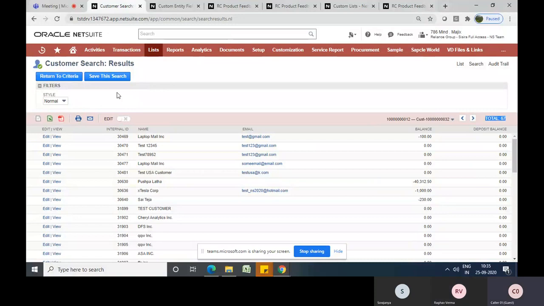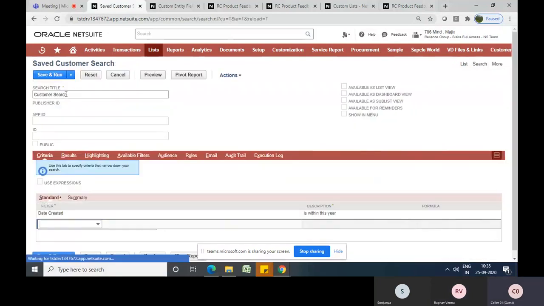He wants a kind of reminder, or a report where he can go and check how many customers he has in the last week or this week. So what we can do is convert this into a saved search. A saved search means the same search, but we are saving it now. We'll give the name as